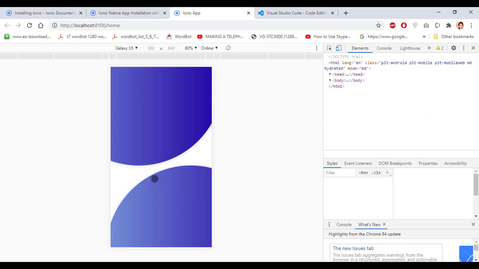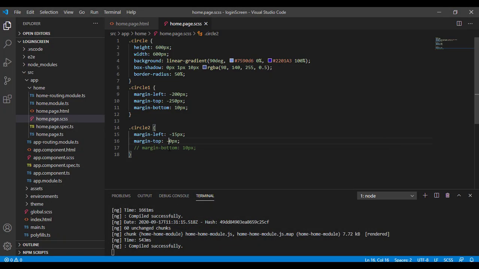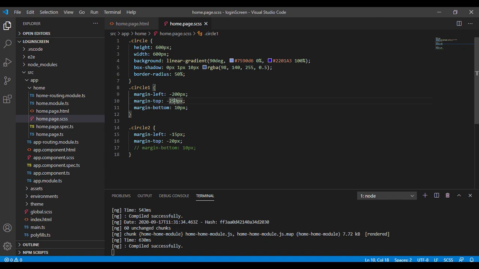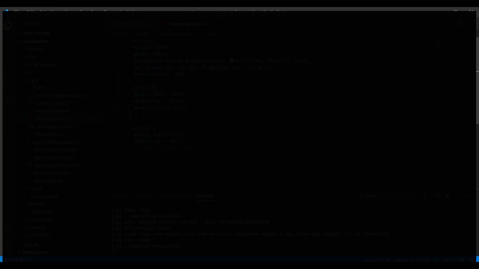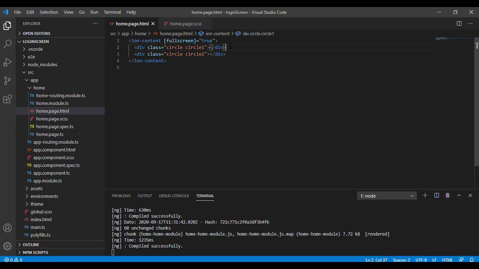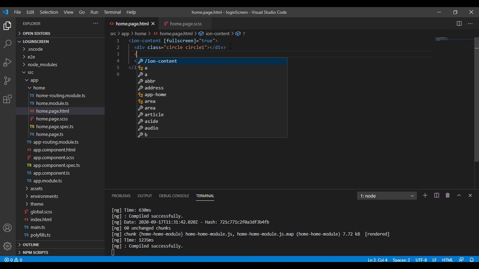But that's not in the center, so I want it in the center. So instead of changing this part, I'll just change this part to 260. Now it seems to be pretty okay, isn't it? Looks nice to me. So after the first circle, we have to apply another div where we will hold our